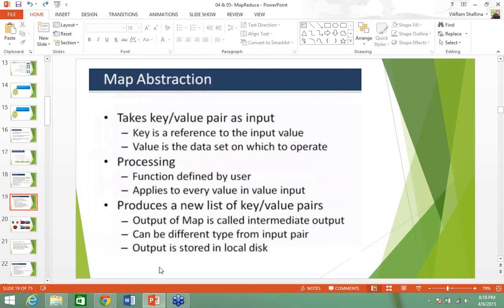Yeah, so I told you that the map and reduce functions both work on the concept of key and value pair. It means for the mapping we send the input in the form of key and value, and from this mapping we will get the output as key and value, and the same output of the map function